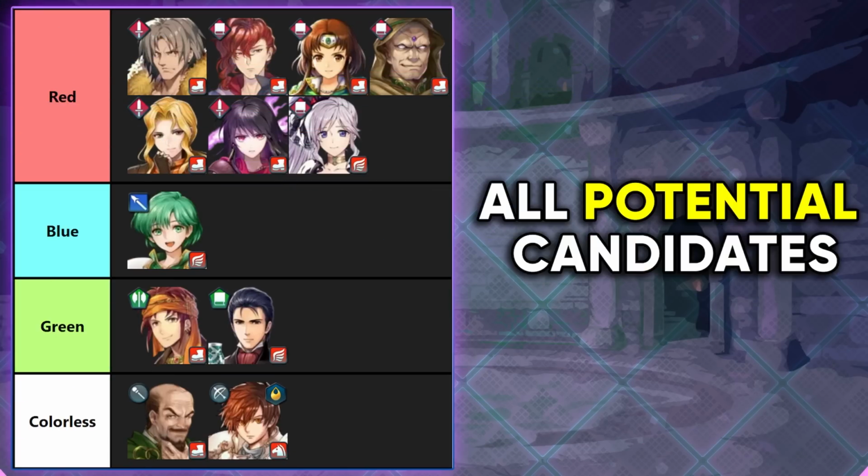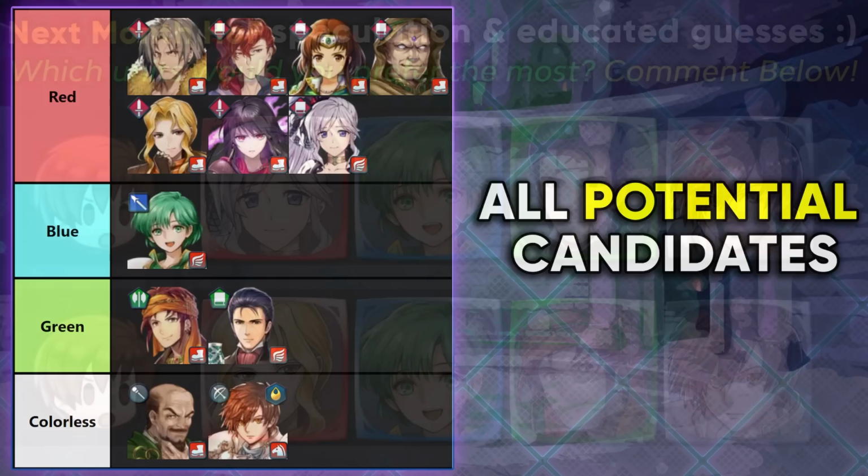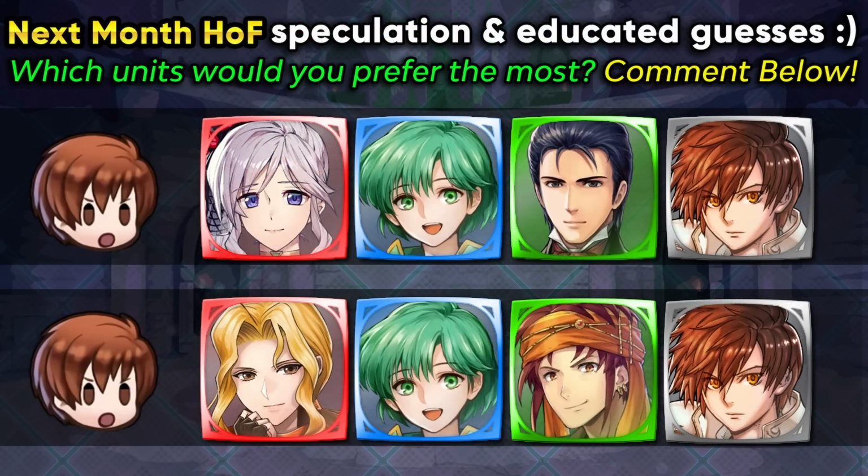The next Hall of Forms is going to be from Thracia 776, and the options that we have are really low. So for green we have like 2 options, for colorless we have 2 options, and for blue only 1 option. So if I had to narrow this down, basically the most randomization we're going to be seeing is in the red pool, and I do expect like Dancer Ishtar or either Evil to show up there because Evil did get a weapon refine and Dancer Ishtar is present in the divine codes, and Karen is probably going to be showing up because she's the only blue unit available for Thracia badge,